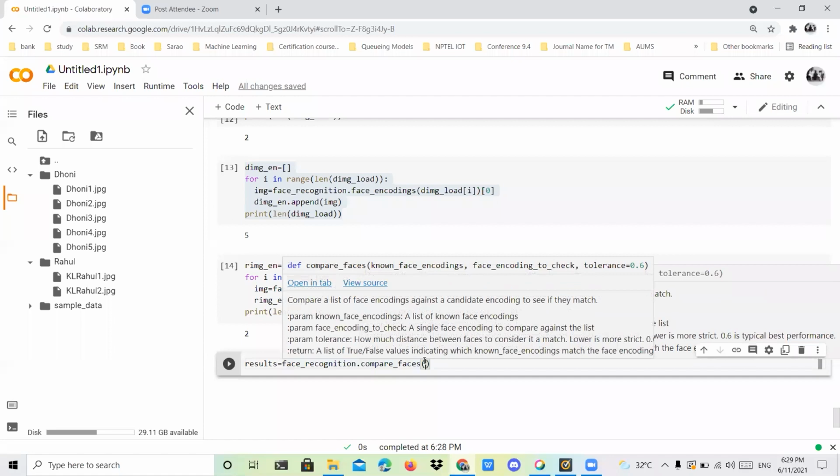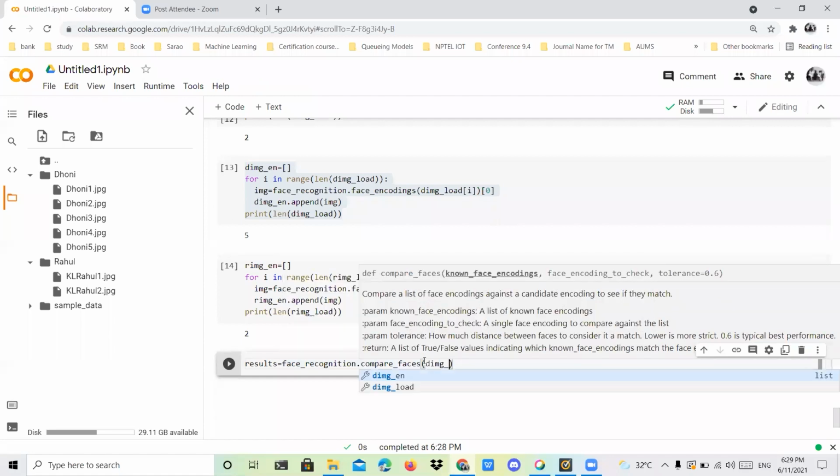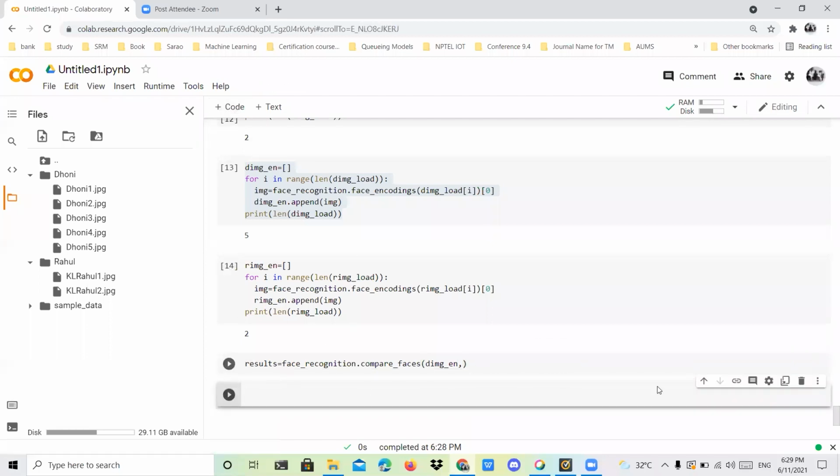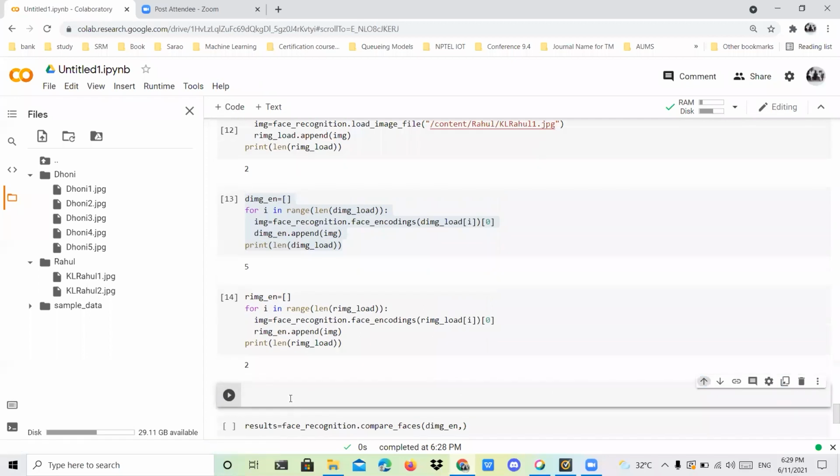Now I'm going to use Dhoni image_encoding, comma, and compare that Rahul image. Any one of the Rahul encodings we can use here. Before that, I'll write one more piece of code to encode my Rahul image alone.